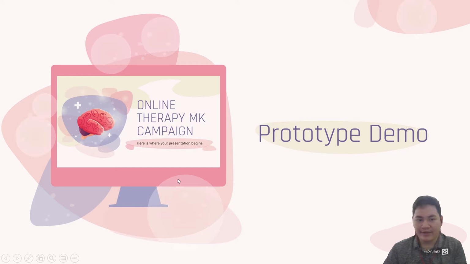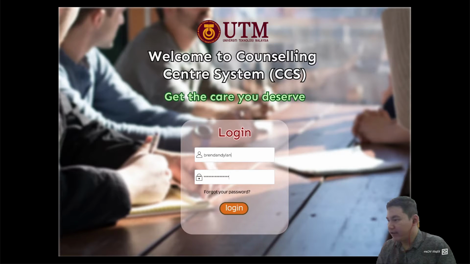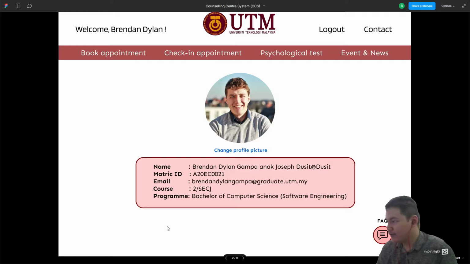So now it's time for the prototype demonstration. Alright, so this is the GUI demonstration for the UC001 Book Appointment. So firstly, client will need to log in into the system, and by login they need to input the username and also the password based on the credentials they use when they want to log in into the MyTM portal. So once they have input the correct credentials, they can log in, and CCS will prompt client into